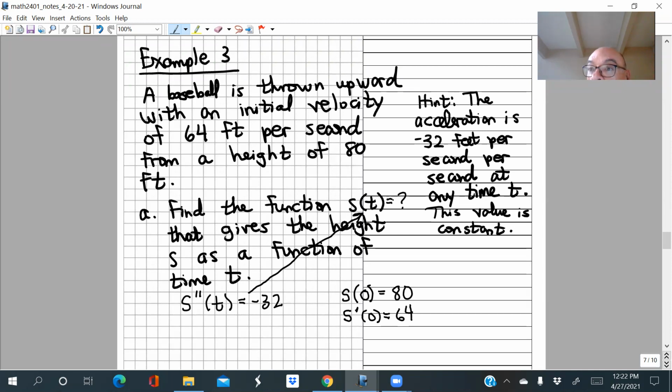Up until this point in the course, we have been going in the other direction. We would start with the formula and write down the second derivative. But now we're so smart, we're going to start with the second derivative and go backwards to the original function. So we're working in reverse. What's that process called, of course?